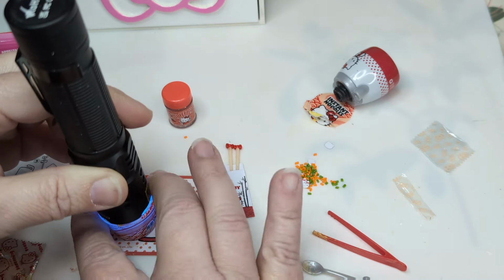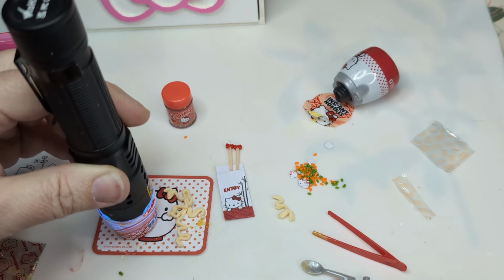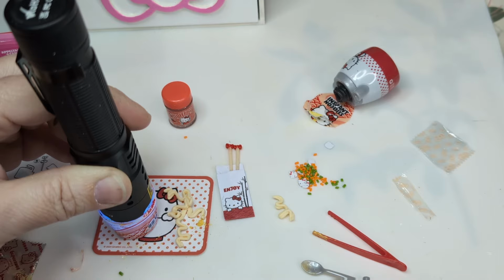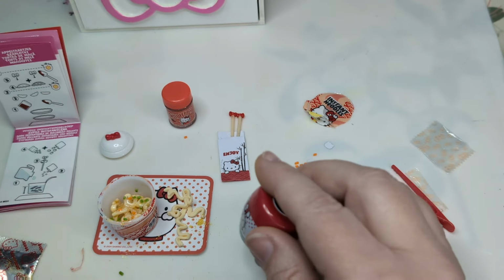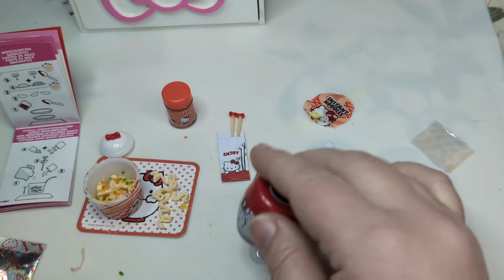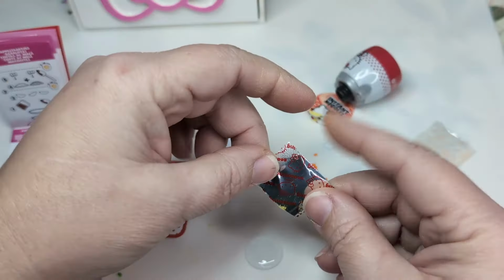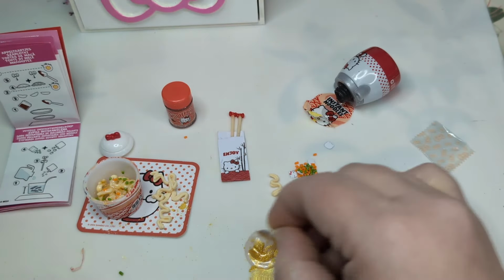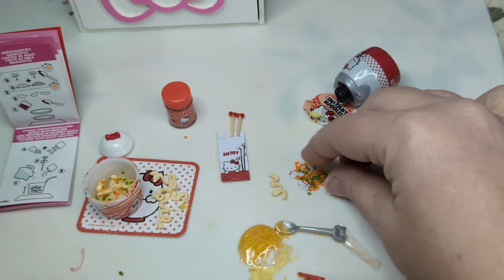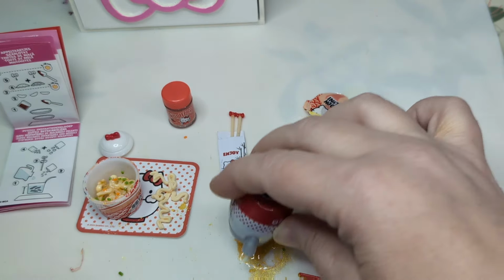So yeah, I'm just curing this up in layers, mixing a little bit of the resin with the colorant and the vegetables and then noodles, and then adding another layer as I go. And it does help a lot with making sure the bottom is cured. If you just mix it all up at once, there's no guarantee that the center or the bottom of your mini is cured,